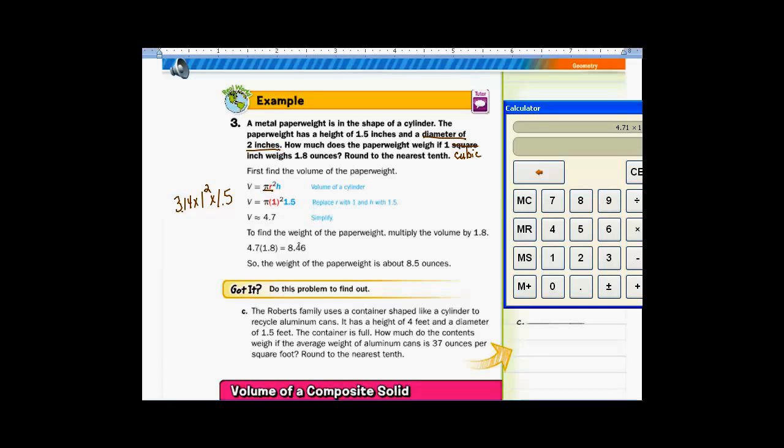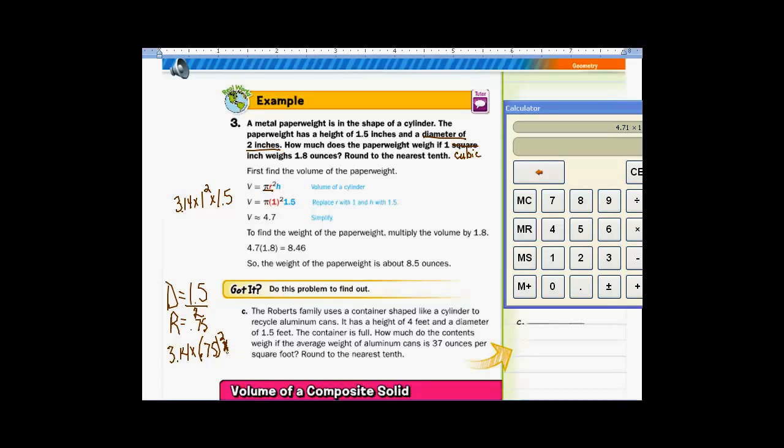All right, it has a height of 4 feet, a diameter of 1.5. So if the diameter is 1.5, what in fact is the radius? Diameter is 1.5, so that means the radius has to be half of that. 1.5 divided by 2, 0.75. So we are talking about pi, 3.14, times radius squared. Now I'm going to put this in parentheses only because it's a decimal. It's got more than one digit, just to keep things straight there. So pi times radius squared